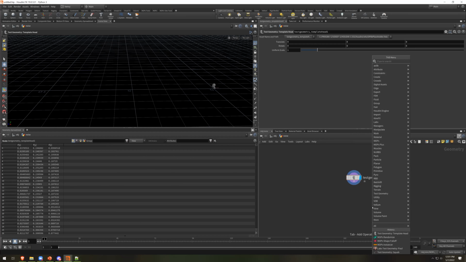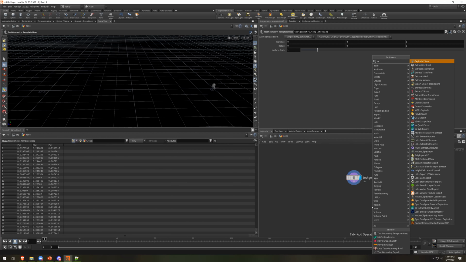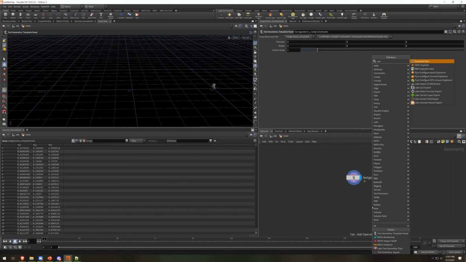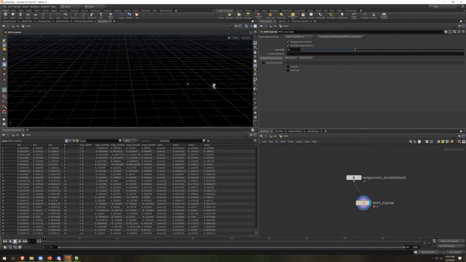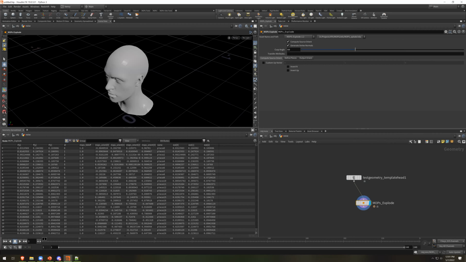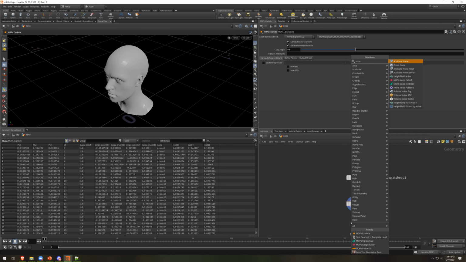And then I'm going to just run a MOPs explode on this. So we're going to break the head up into individual fragments. And we can probably just leave this at the default settings. I don't necessarily think we need to do any clustering or anything. So by default, if you drop down a MOPs noise modifier,